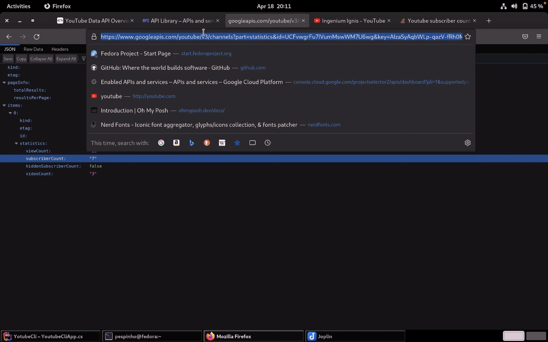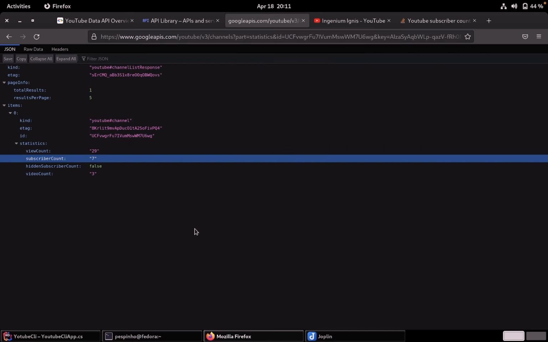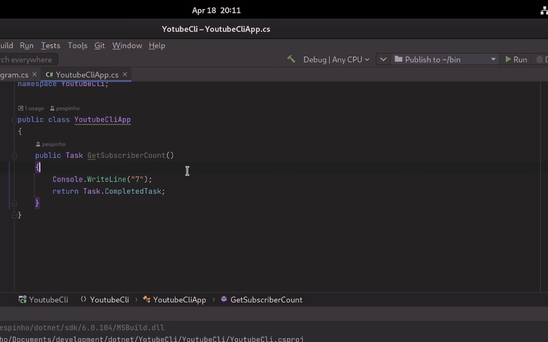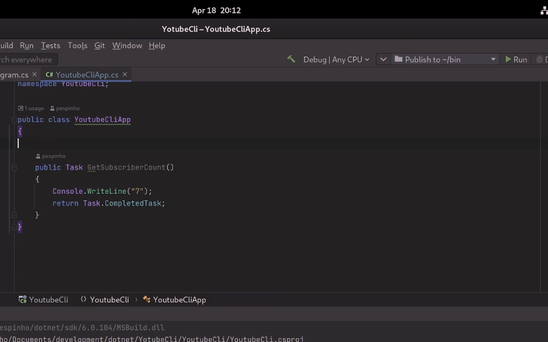So let me be pragmatic about it. I'll first get this link, and now I need to make an HTTP request in this command. For this, we will need an HTTP client. Since we are not working with dependency injection, I would say this. I will see this as my application, and an HTTP client. There should be only one HTTP client per application. So I will just